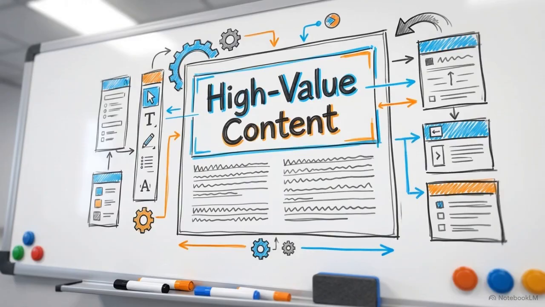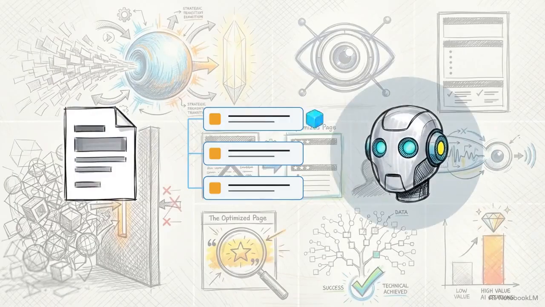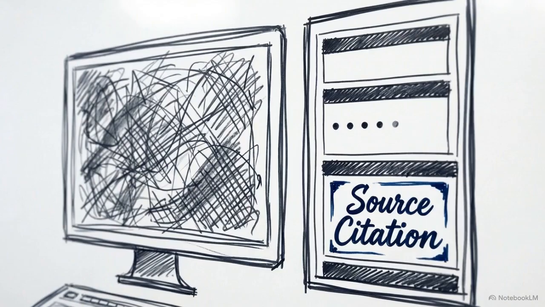In this video, we are going to open up one of your existing high-value web pages and walk through exactly how to restructure it so that AI models read it, trust it, and cite it as a source. Surviving the current search landscape requires formatting your content specifically for these new answer engines, rather than relying on outdated